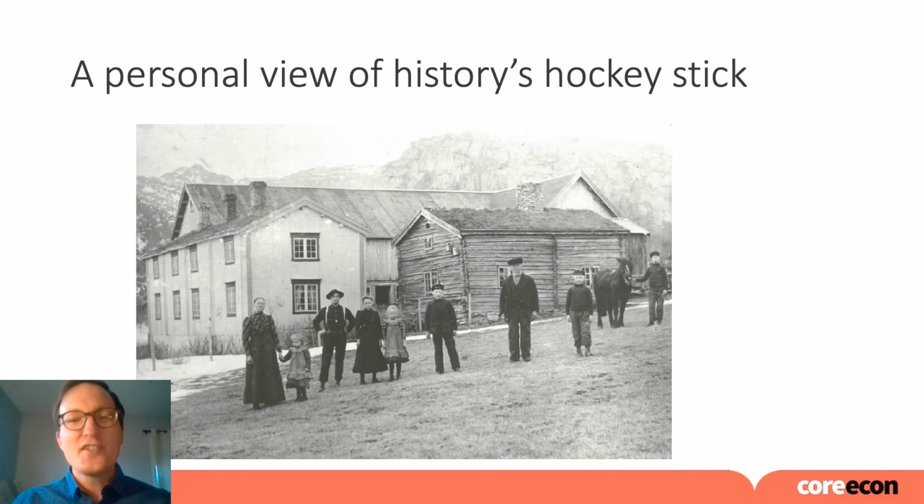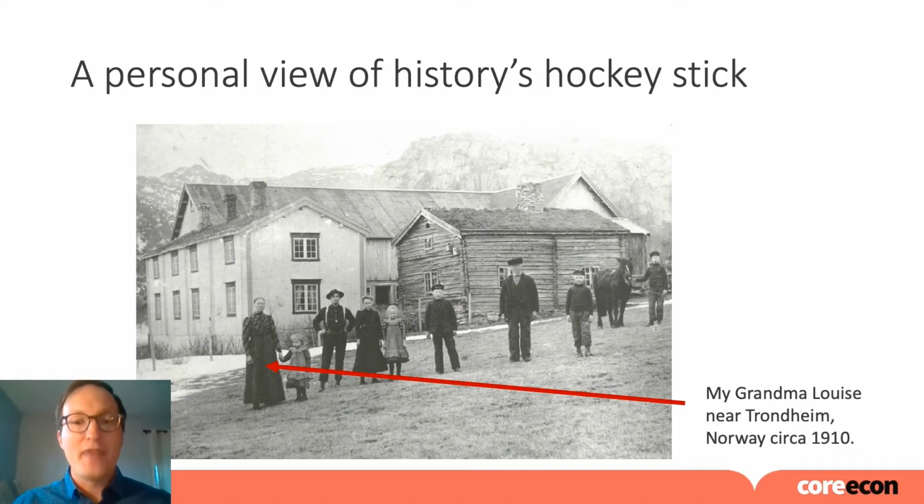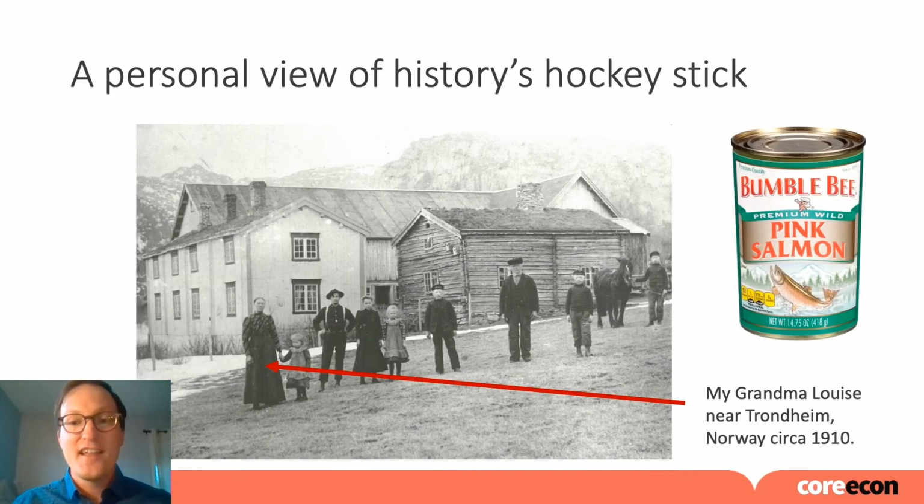It's easy for students also to relate this to their own history. Most of them don't know how to go back that many generations to know that their own family members were just barely getting by in the last century or two. In my own case, my grandmother in 1910 was living basically in a subsistence farming world. When she immigrated to the United States and ultimately got a job canning salmon on the mouth of the Columbia River, that's what transformed her livelihood into what we now see as a middle-class American standard of living. And in part, that's about her relationship to capitalism.